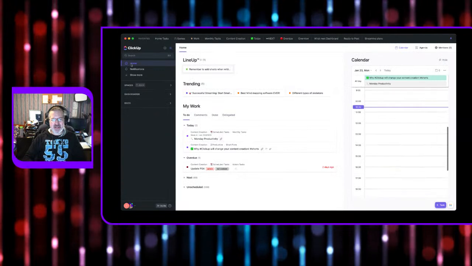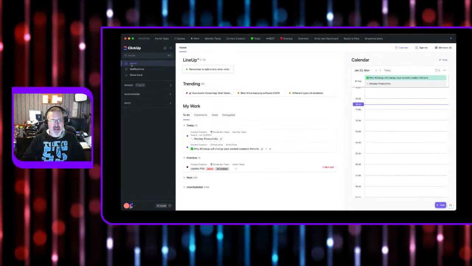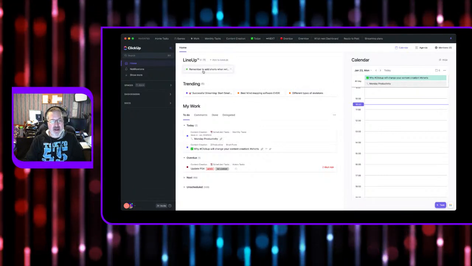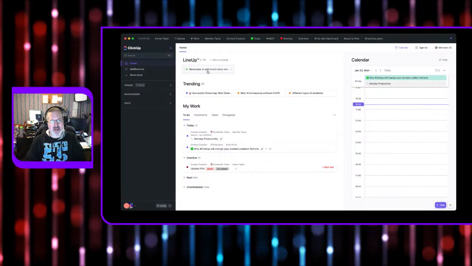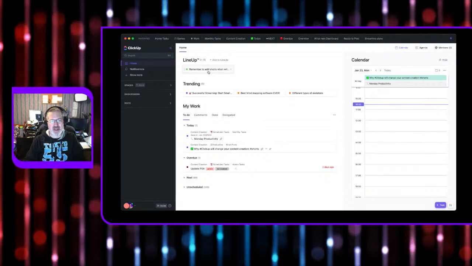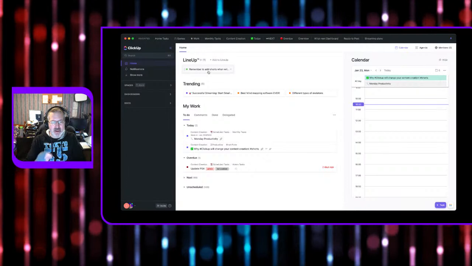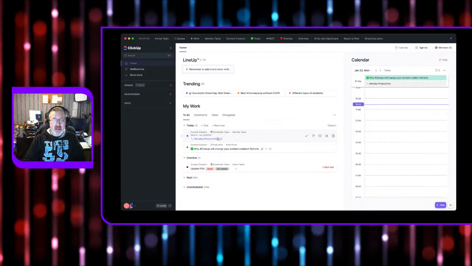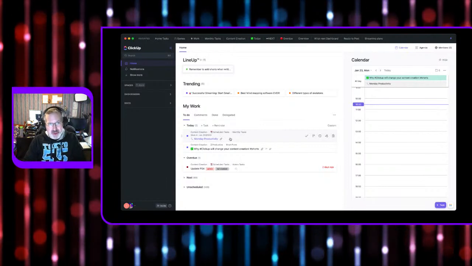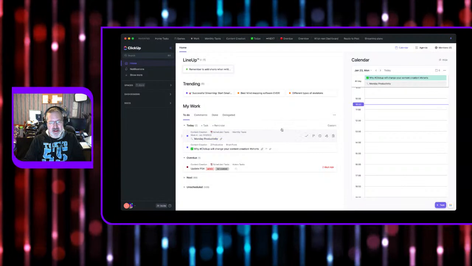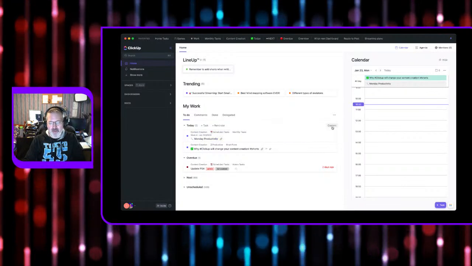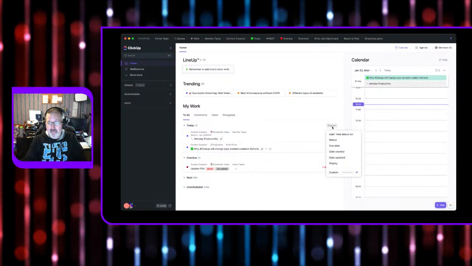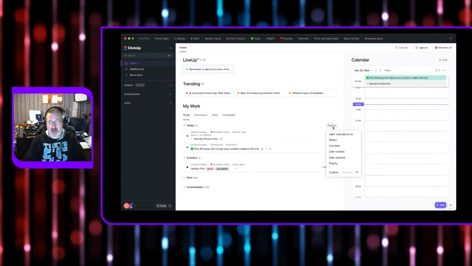You do have a home tab like this that actually has things to remember. This is sort of the most important tasks, and I like to put things up here that I need to remember to do. But you can see down here, these are tasks for today that have a due date. So they're not any of my flags or anything like that. So I think that's how it's ordered.